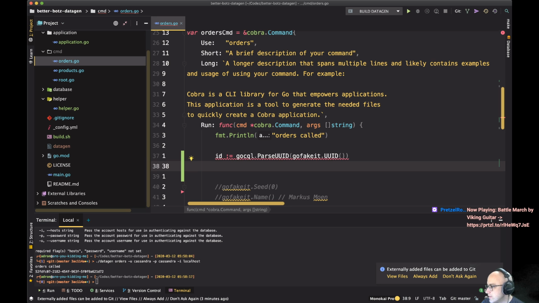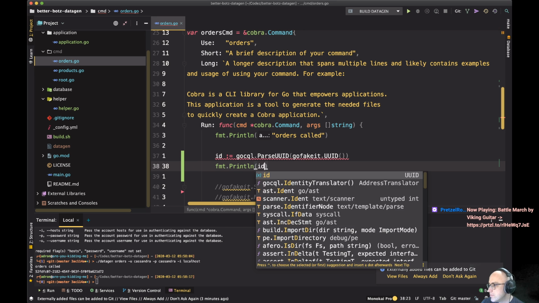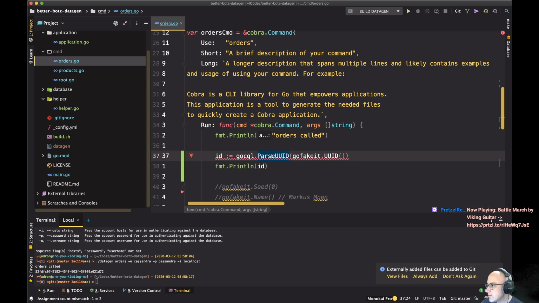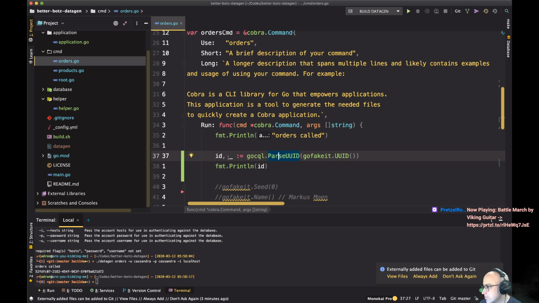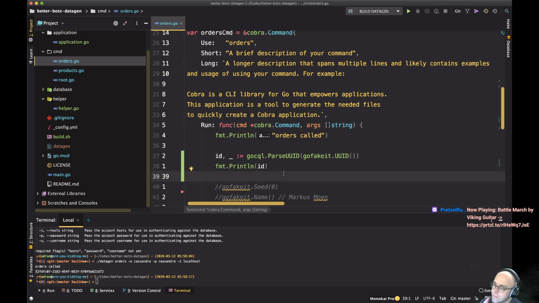And then it's super fussing about crap. We don't want that, but we'll figure out what that is in just a second. Insert blank identifiers left side of the statement. So what do we got? Oh yeah, okay. Wonder if I should, so that swallows the error, right? I feel like what I should do is,